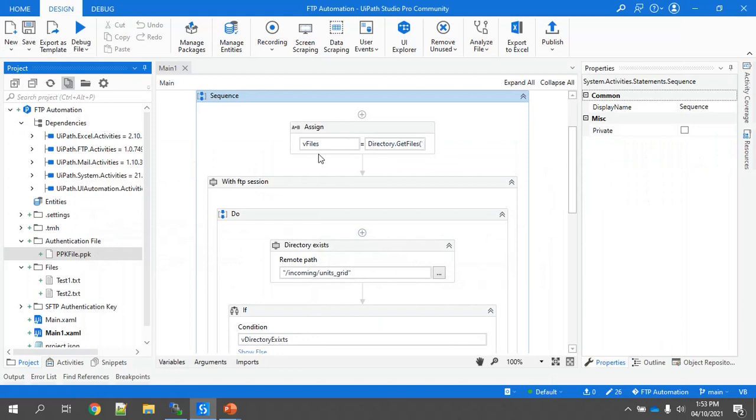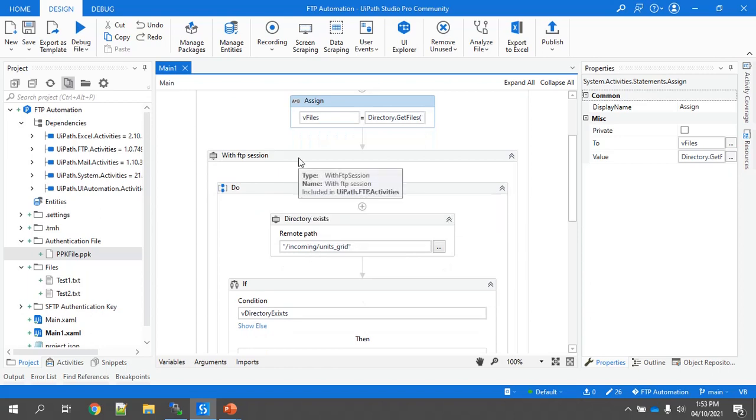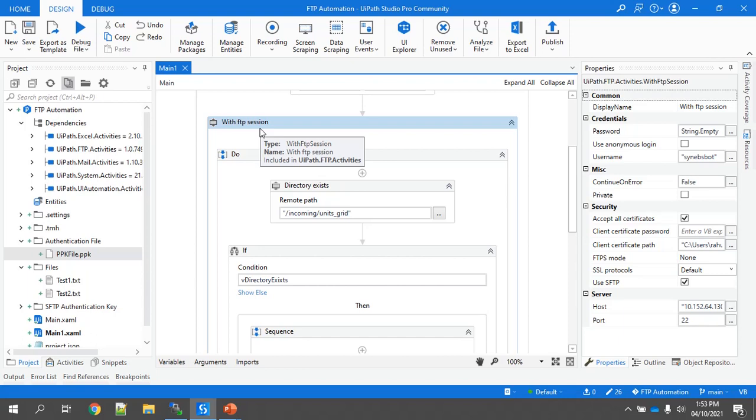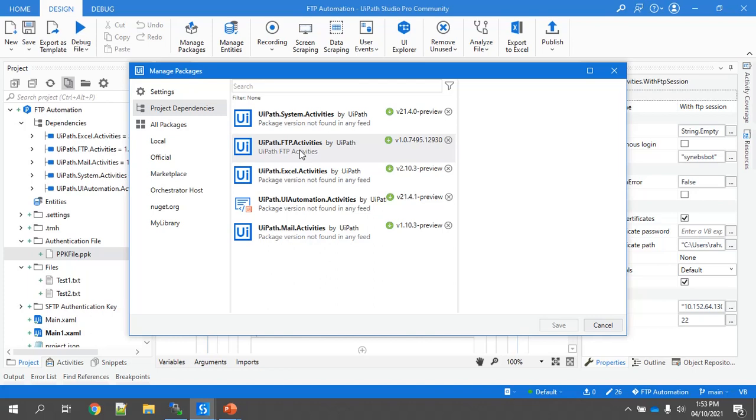Now the workflow that I have developed: this is the assign activity that we have used to read all the files from this particular files directory. Then we use WithFTPSession. To use this activity, we have to go to Manage Packages and download the UiPath.FTP.Activities package.